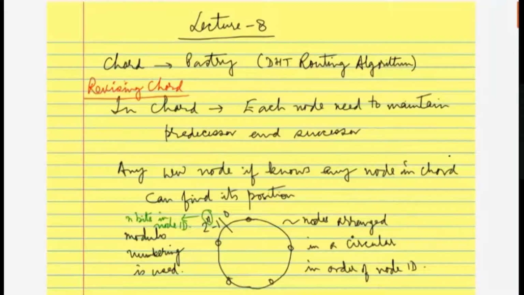So welcome to lecture number 8 for the MOOC on peer-to-peer networks. In the previous lecture, I had covered Pastry, and I showed you an example that if we just depend on routing table exchanges, then our routing table may not converge correctly. One of the important mechanisms in Chord was the use of both predecessor and successor.